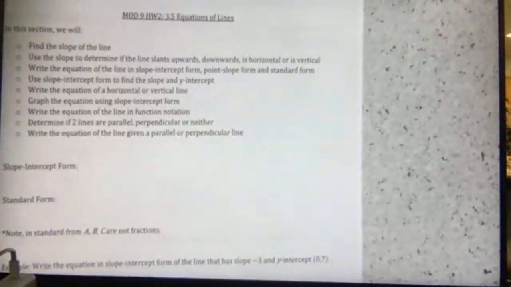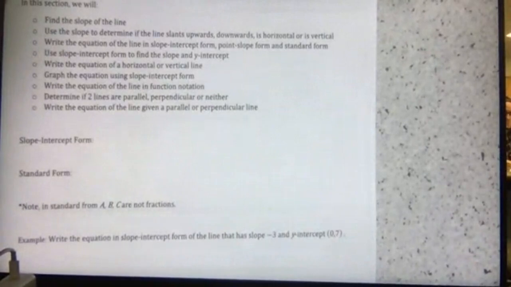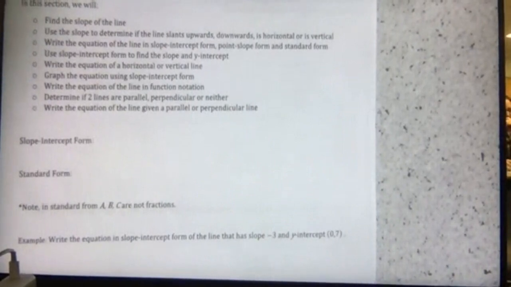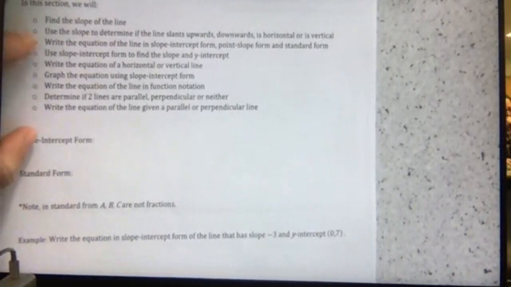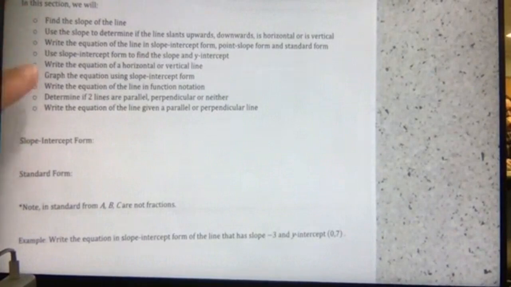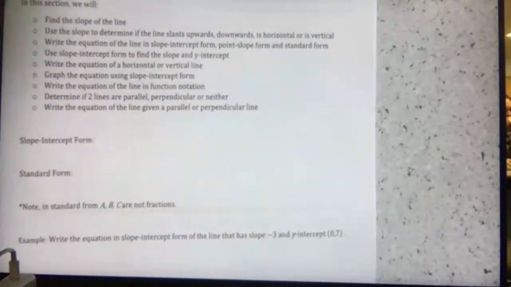So Module 9, Homework 2. Equations of lines, which we talked about in Test 1. So we're going back to Test 1 to kind of bring everything full circle with the equations of lines. So in this section, this is what we're going to do. Find the slope, use the slope, write the equations in slope-intercept form and in standard form, and then determine if